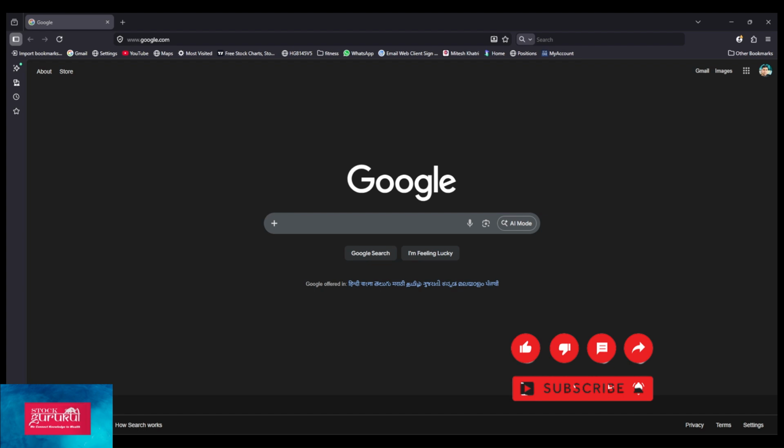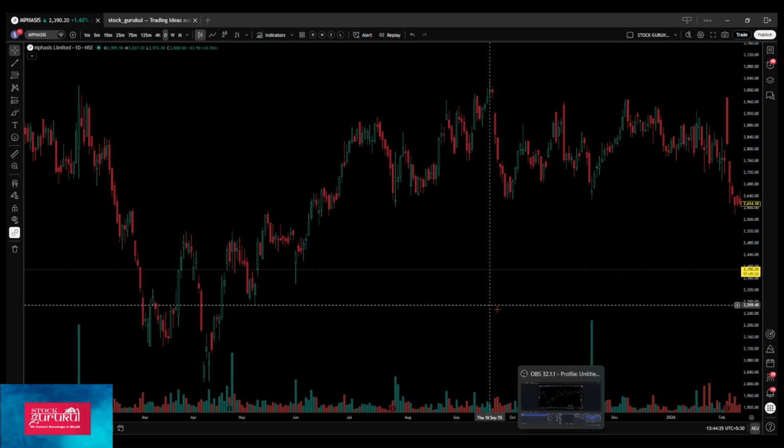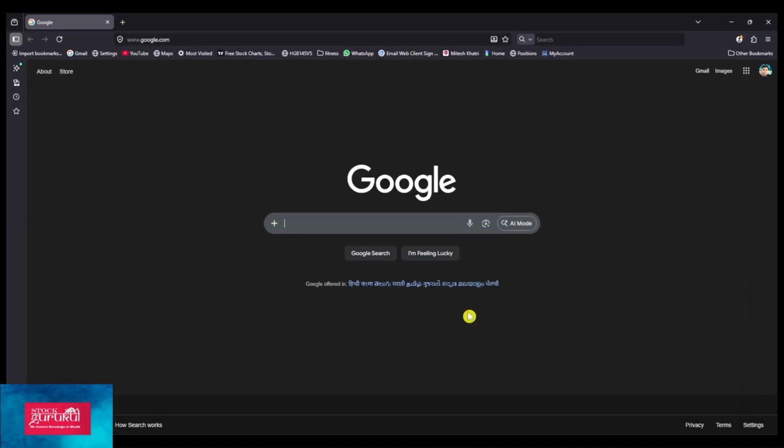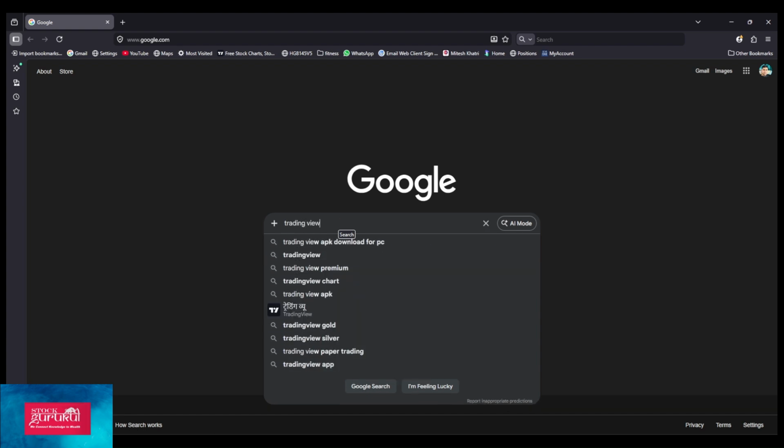It's very important because whenever you open TradingView in a browser, you can see it takes this much space. But if I minimize it, you see a lot more space you are getting in the app. This is the app. I've already installed it, but I'll explain in this video how to install this app. So just go to Google and type out